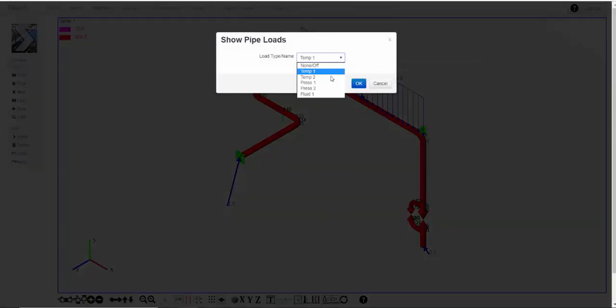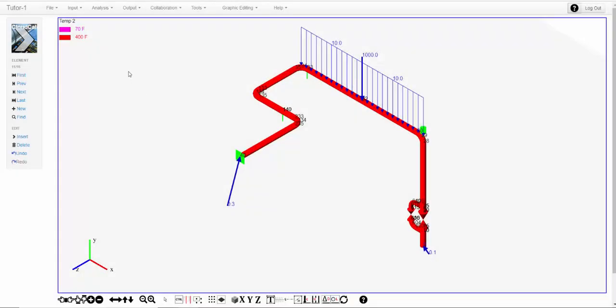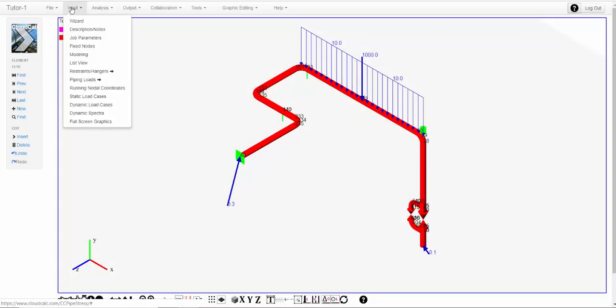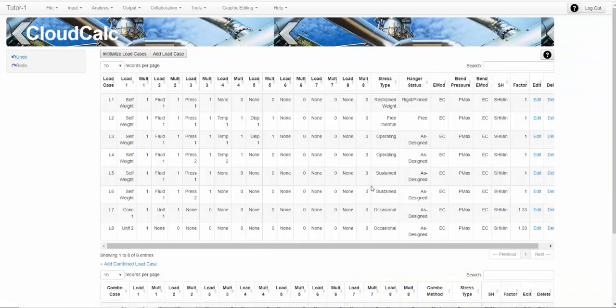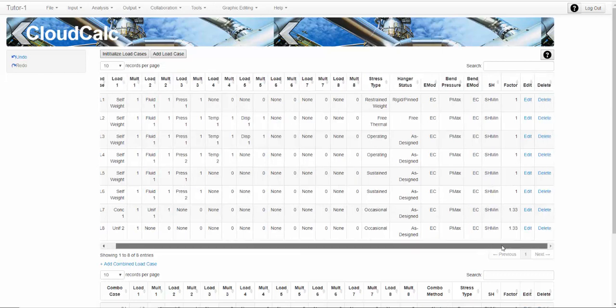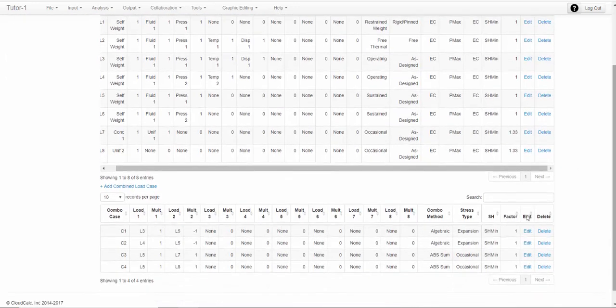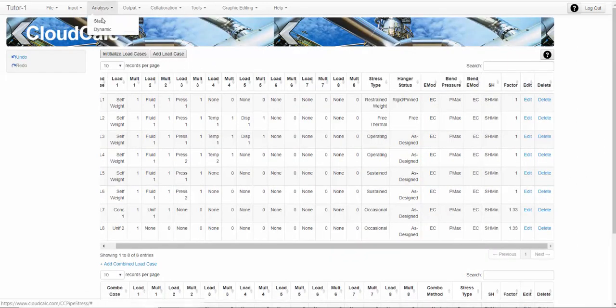Temperature 2, 400 degrees, the entire system. And if we go back here, we'll see 2 operating cases, 2 sustained cases with different pressures, etc., 2 occasional cases to reflect the 2 uniform loads and all of the various expansion cases. So if you run this analysis,